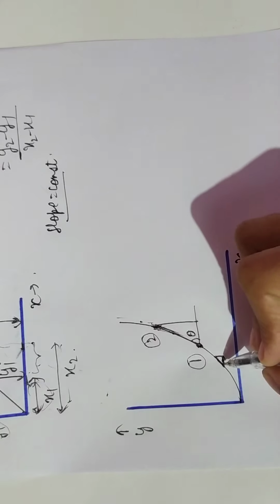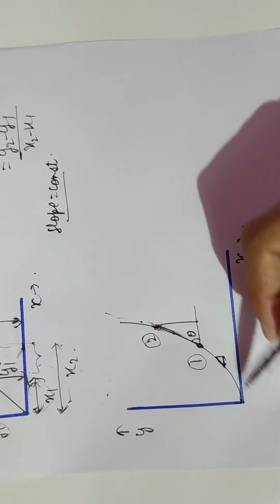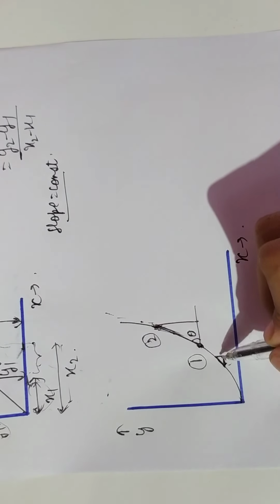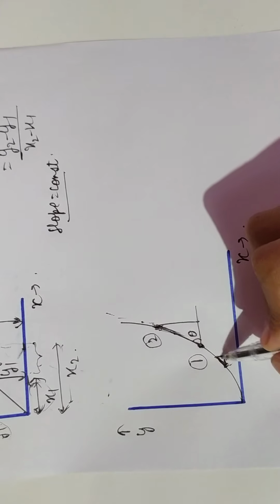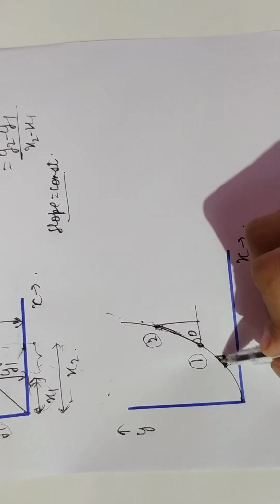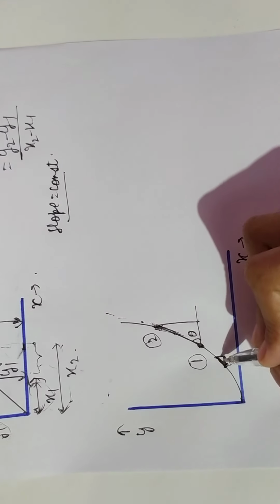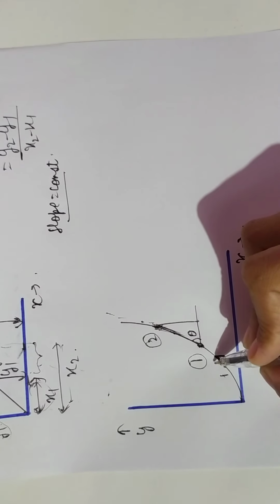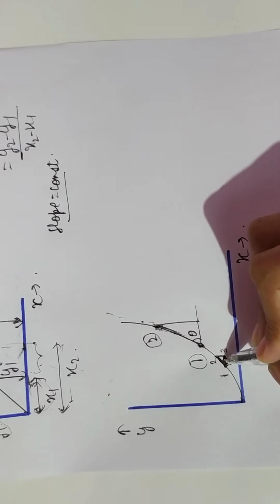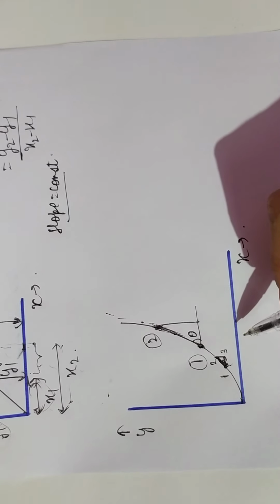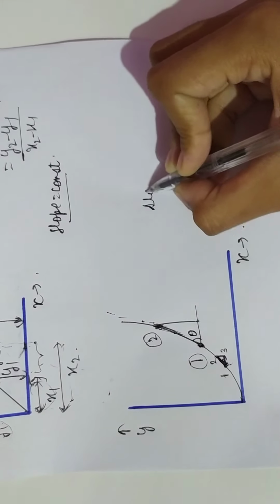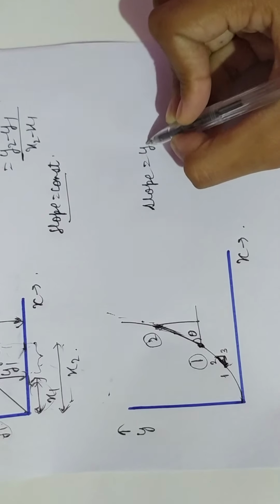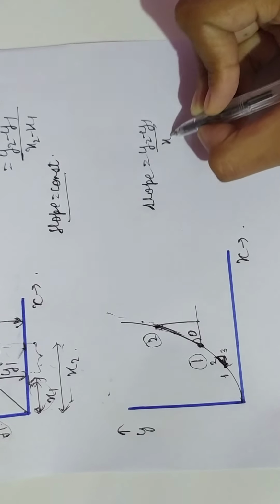Now what we can see is that this was a huge curve. Now if we are talking about this very small portion of this curve, we can assume that this is a flat portion. So now we can assume this as hypotenuse. Now same way, this is point 1, point 2 and point 3. Now we can simply find the slope of this region. How? It is simple, in the same way as we have done before. Slope is equal to y2 minus y1 divided by x2 minus x1.